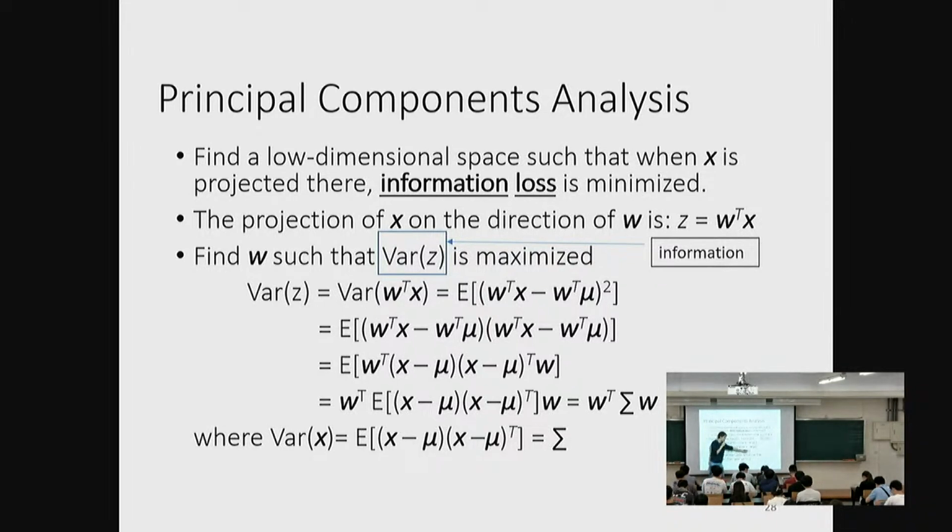These two are just constant terms. W transpose expected value of X minus mu transpose W, and W transpose sigma W. So sigma is what? It's the variances of X. So we know the variances of Z equals W transpose the variances of X and W. We want to find W such that when I do this projection, this variance term is